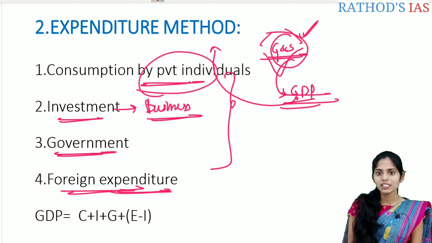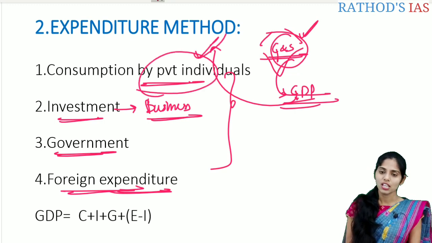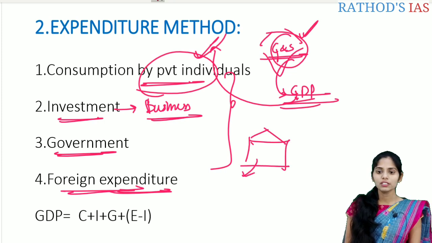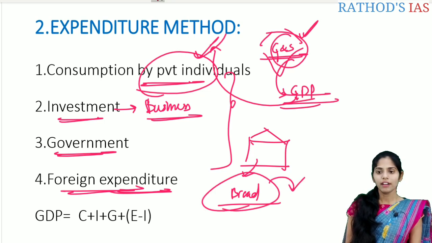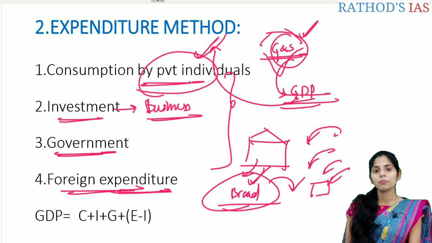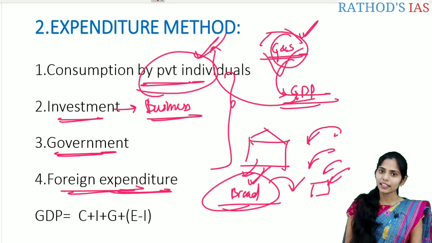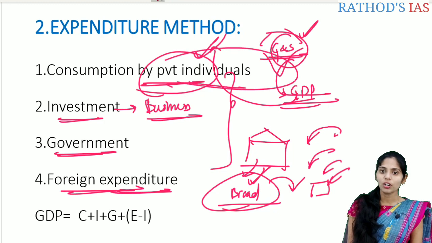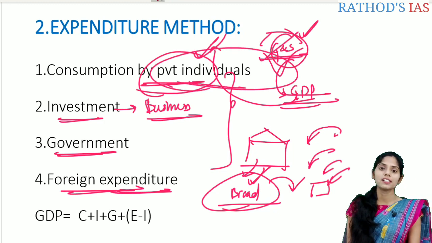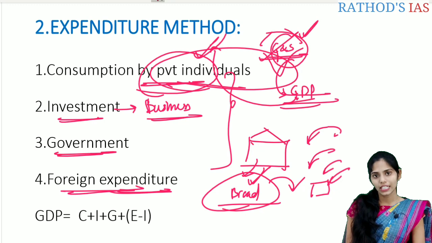For example, that is consumption by private individuals. If you take a factory and this factory is producing, for example, bread, and this bread is released into the market. Finally, the consumers will go to the individual retail shops and purchase this bread for their consumption. So they are making some expenditure mainly to buy these goods and services which are present in the market. So that is the expenditure of private individuals for their personal consumption. So this is the first expenditure.